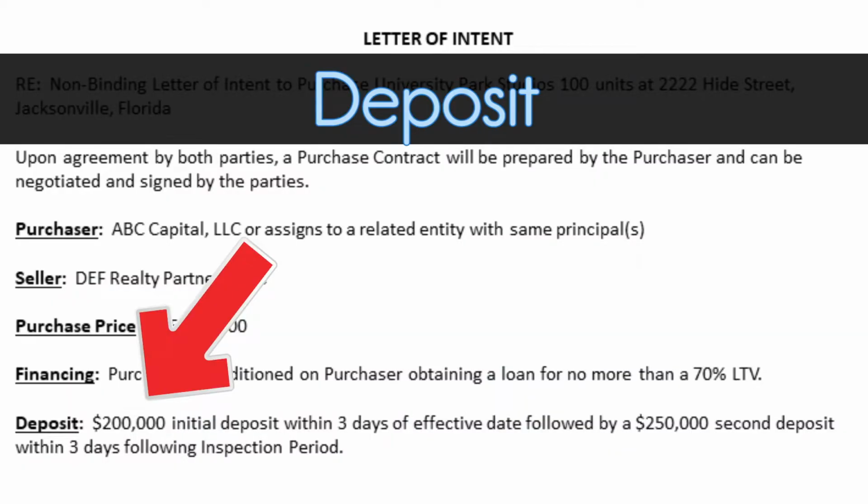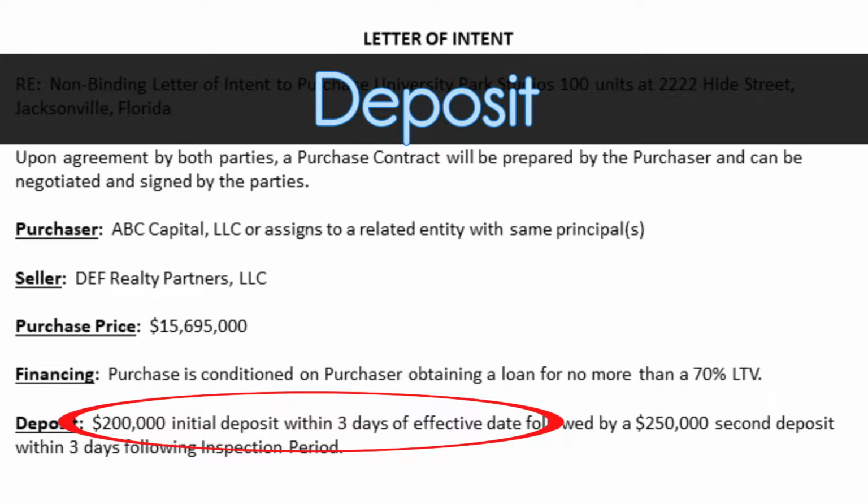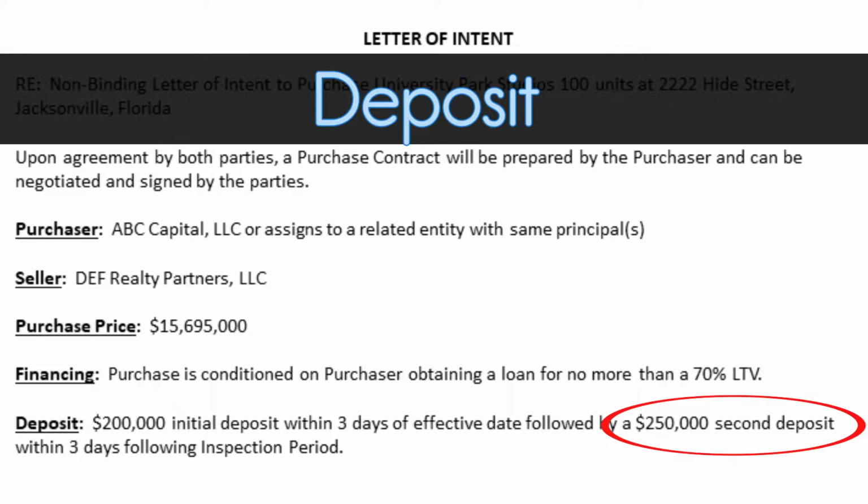Next up, you're specifying the deposit structure. Typically, there's an initial deposit, which is put in right after the purchase and sale agreement is executed. Then there's a second deposit, which is after the inspection period expires, and at that time, the initial deposit and the second deposit are now combined and they're non-refundable. That means you're heading to closing. Typically, each of those deposits are put in the escrow account within 1 to 3 days after that specific period is due.